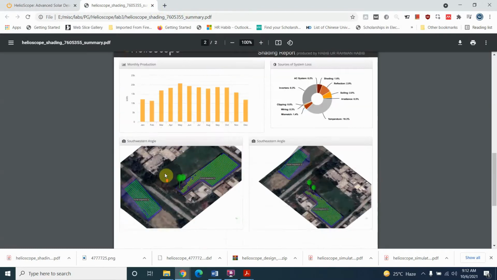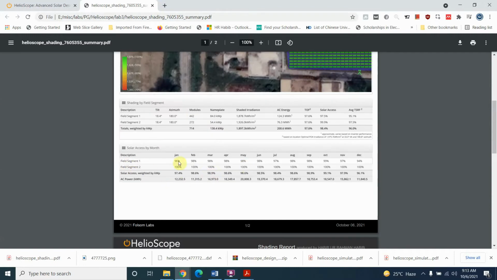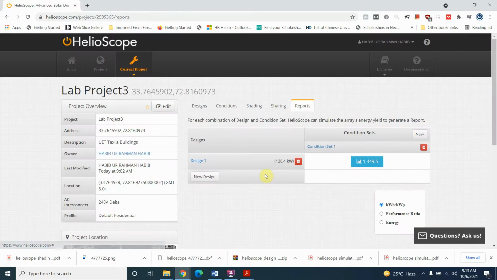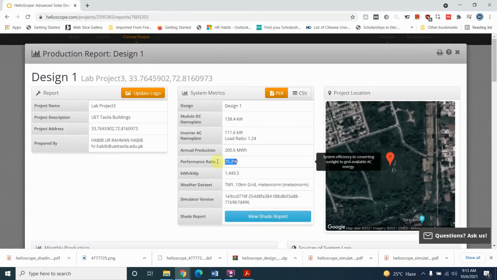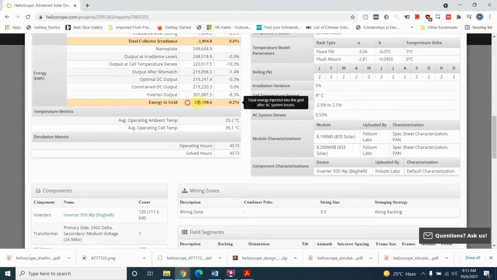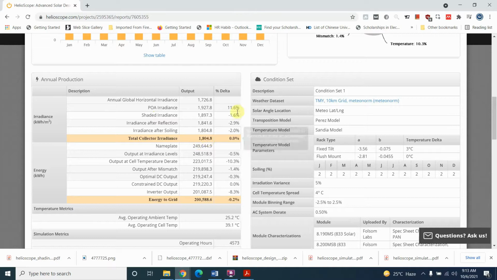And similarly, you can take different parameters. For example, you can comment on this in the reports. You can write what this means, how much is the value of field segment kilowatt. So you can just write the report by seeing the results in this PDF file. And similarly, performance ratio, for example, 75.2%. So it is okay, I think. Between 75 to 85 is okay. And view shade report also. And similarly, you can see energy to grid and the total collected irradiance also given,